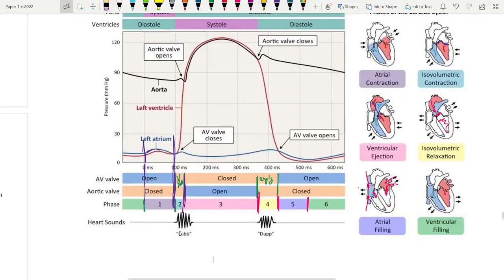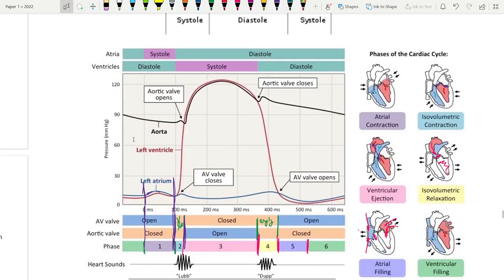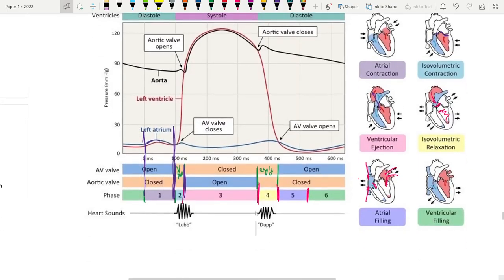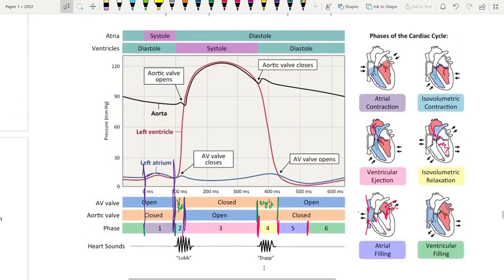We get the lub sound due to the closure of the atrioventricular valve, and we get the dub sound. Why? Due to the opening of the atrioventricular valve. Okay, there are more heart sounds, but you don't need to know those. So that's all, guys. This is the time span for the atrial systole, and this is the time span for the ventricular systole over here. Okay, it happens right after the atrial systole